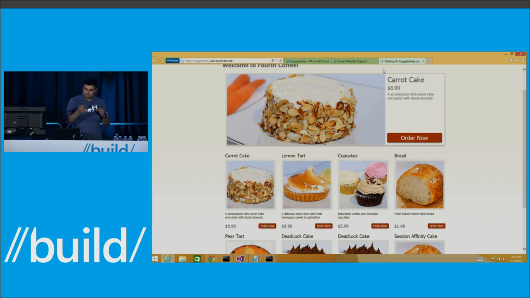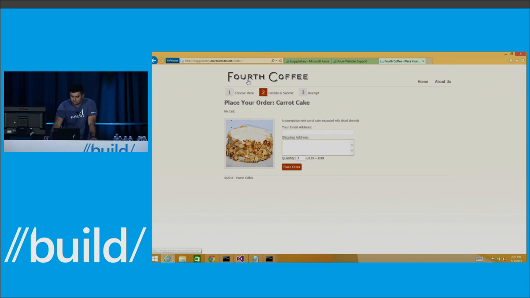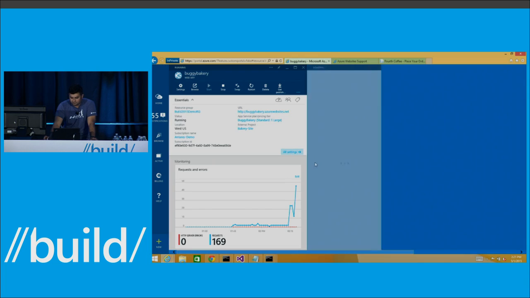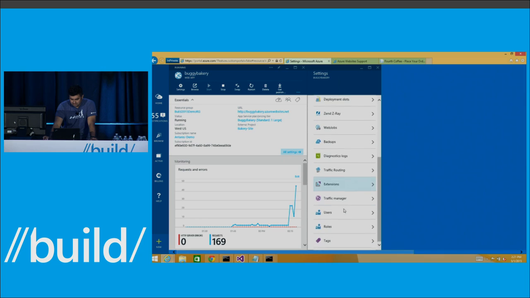That's the next step, to try isolation. So there are tools like FREB. How many of you are aware of FREB, or failed request event tracing? Okay, cool. So I'll show you one little trick. It took 15 seconds, but it came up. So if I go to my site, go to all settings, and say diagnostics